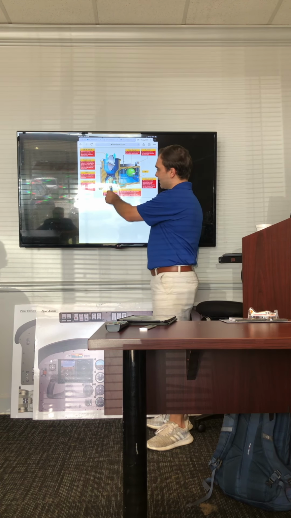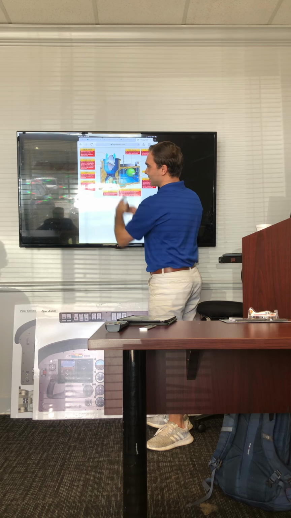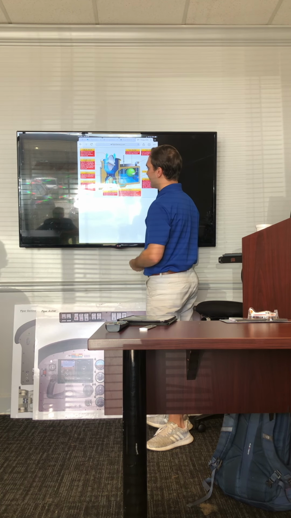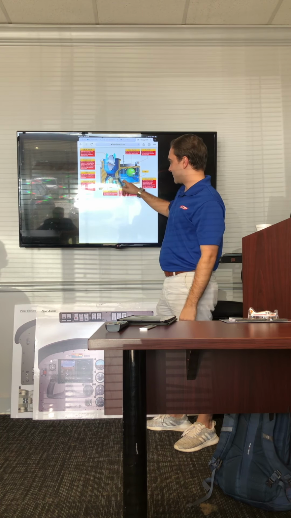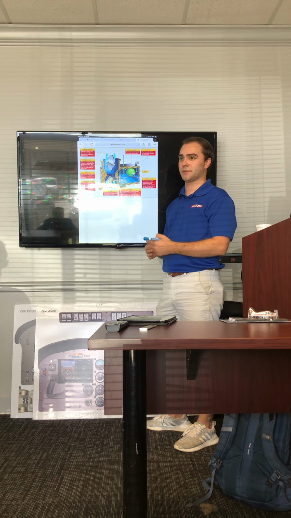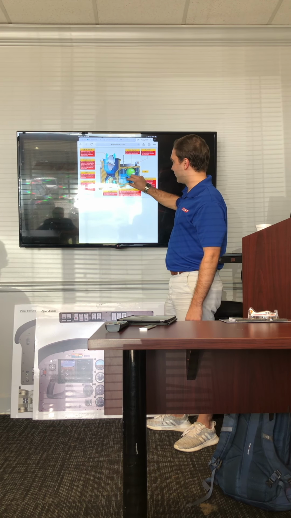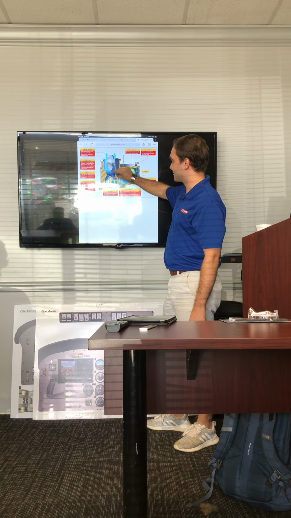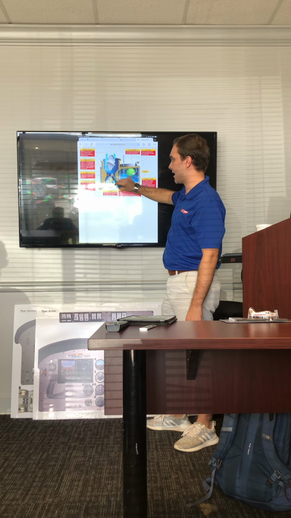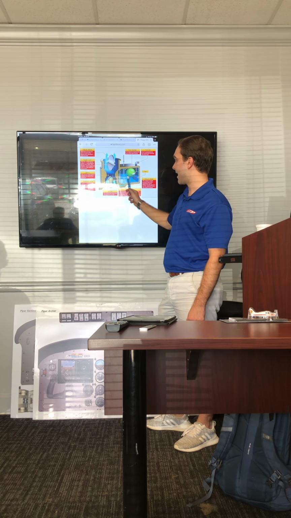So the air comes in, and there's this little throat right here. So it gets narrower, so the air is forced to pass through that narrow opening. So it speeds up, and when it speeds up, pressure decreases. So what actually gets the fuel out of this reservoir into this passageway is that pressure differential. The pressure is lower right here and higher right here,